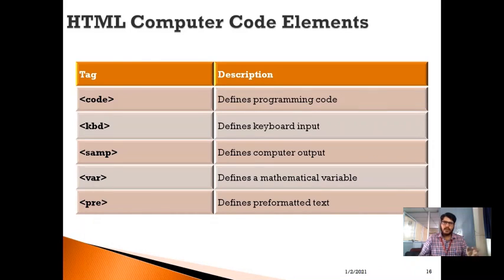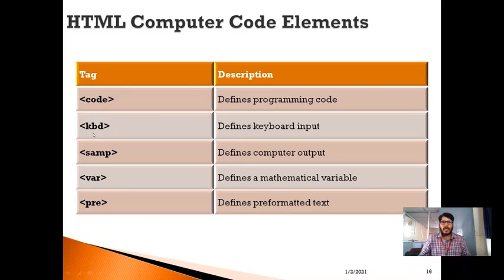At that time, I can include the code tag, and within this I can write the source code itself, so that whatever has been written in this particular tag, the computer will treat the entire thing as programming code, and I need to represent it as it is. So at that time I can use a code tag.